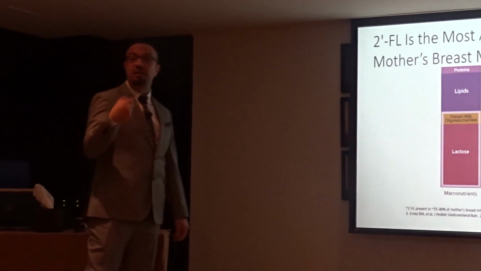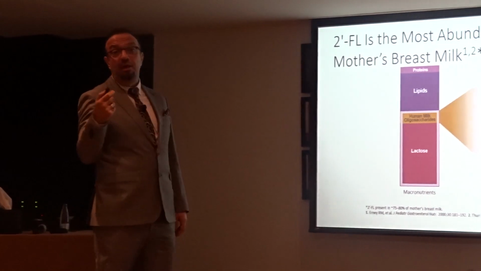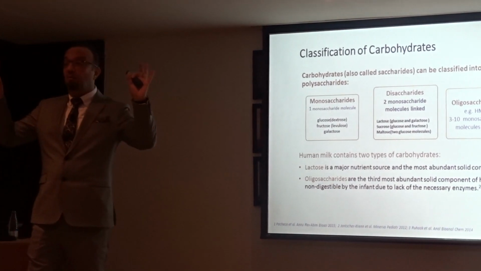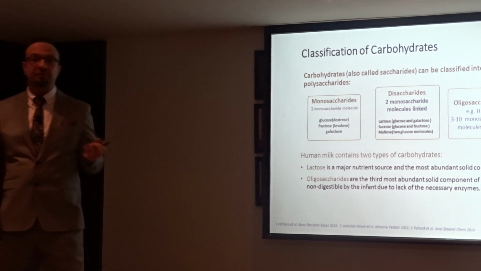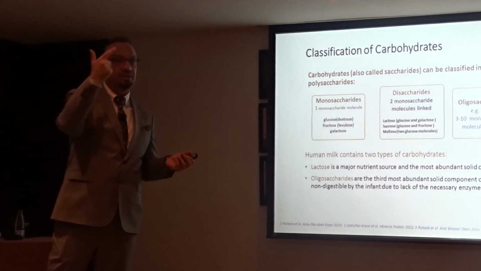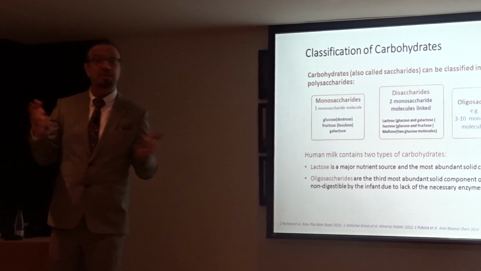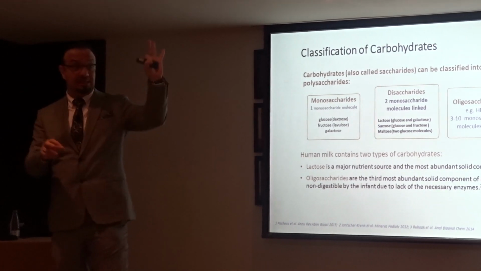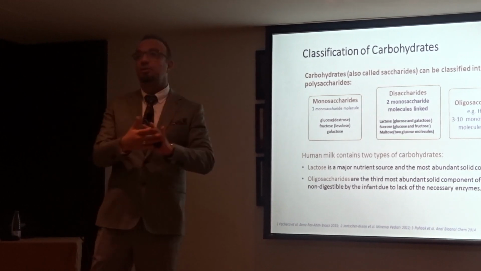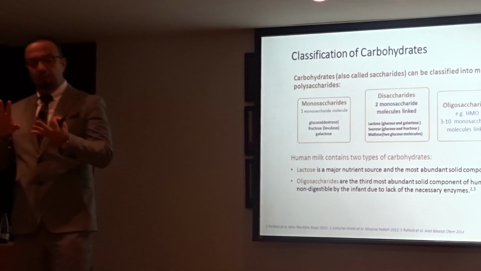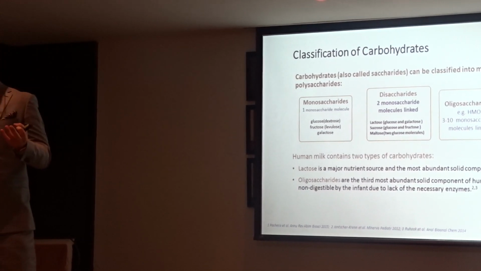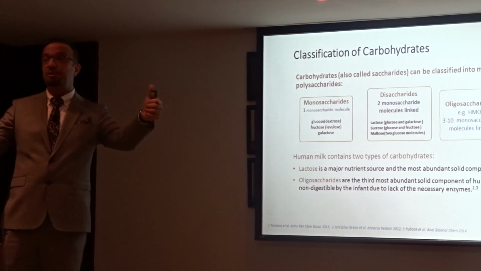It represents nearly 30% of the human milk. Let's go back to what an oligosaccharide is. First, there is a monosaccharide, which means there is one molecule, simply glucose or galactose or fructose. This is an example, of course, of a monosaccharide. And what is a disaccharide? It's either lactose, which is called milk sugar, containing glucose and galactose,